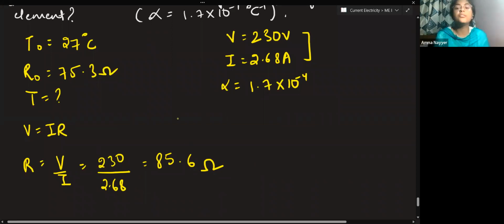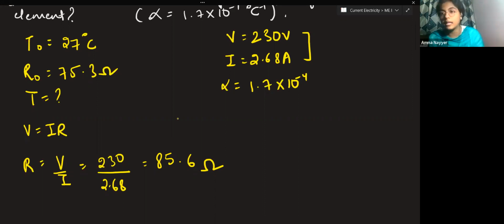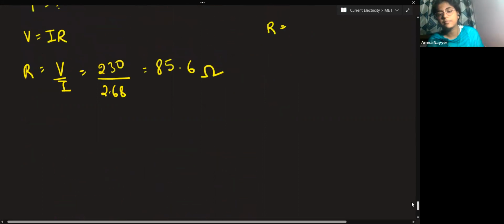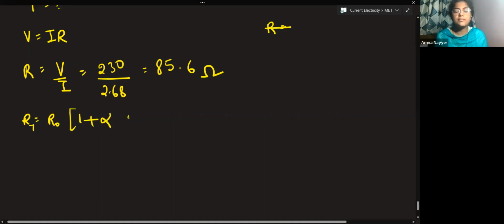So this is the value of resistance. Now you have all the variables with you, you just have to find out the resistance value. The resistance formula that we have studied is simply RT is equal to R naught into 1 plus alpha delta T. So RT is mainly the resistance at the normal temperature,